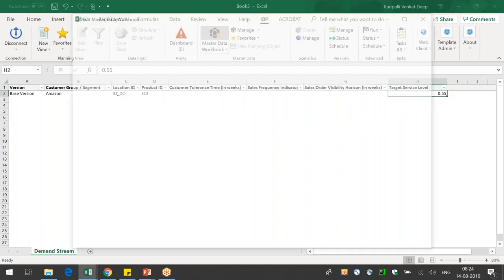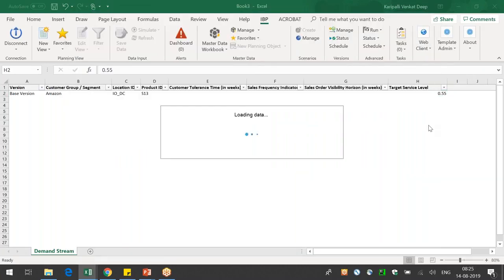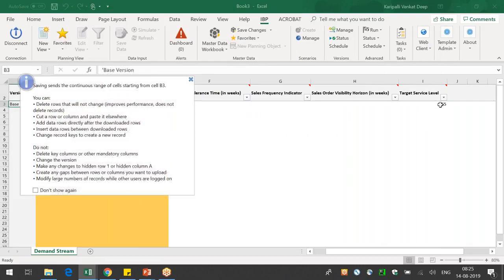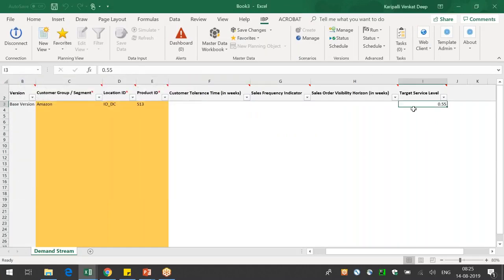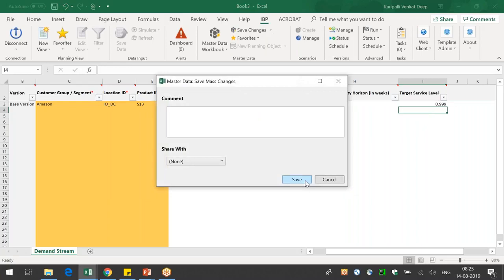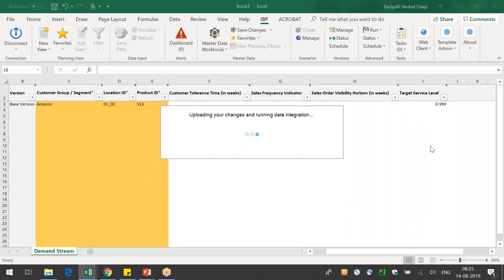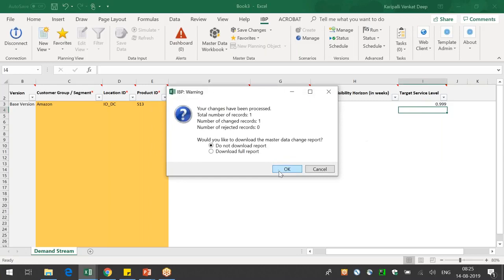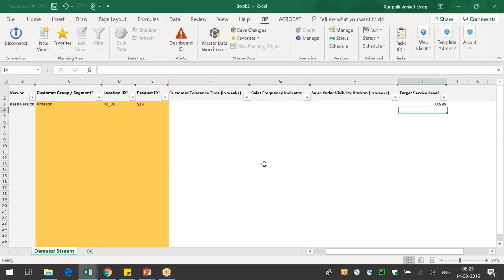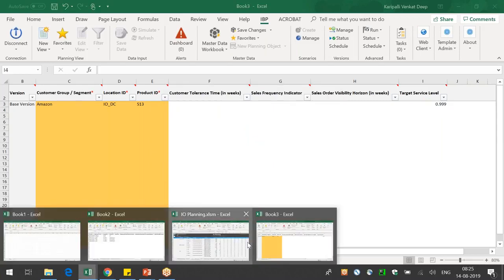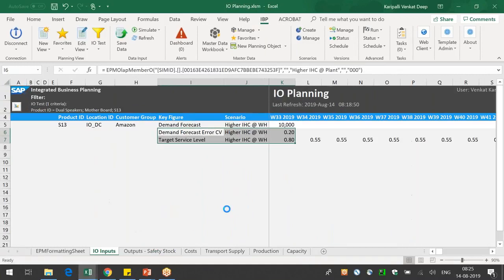So now let me edit this. Here if I change it to 0.999 and save it. Now I think you remember we talked about attribute as a key figure. We maintain a static value in the master data, so that would be copied across the horizon for the key figures. So now if I go to the input,